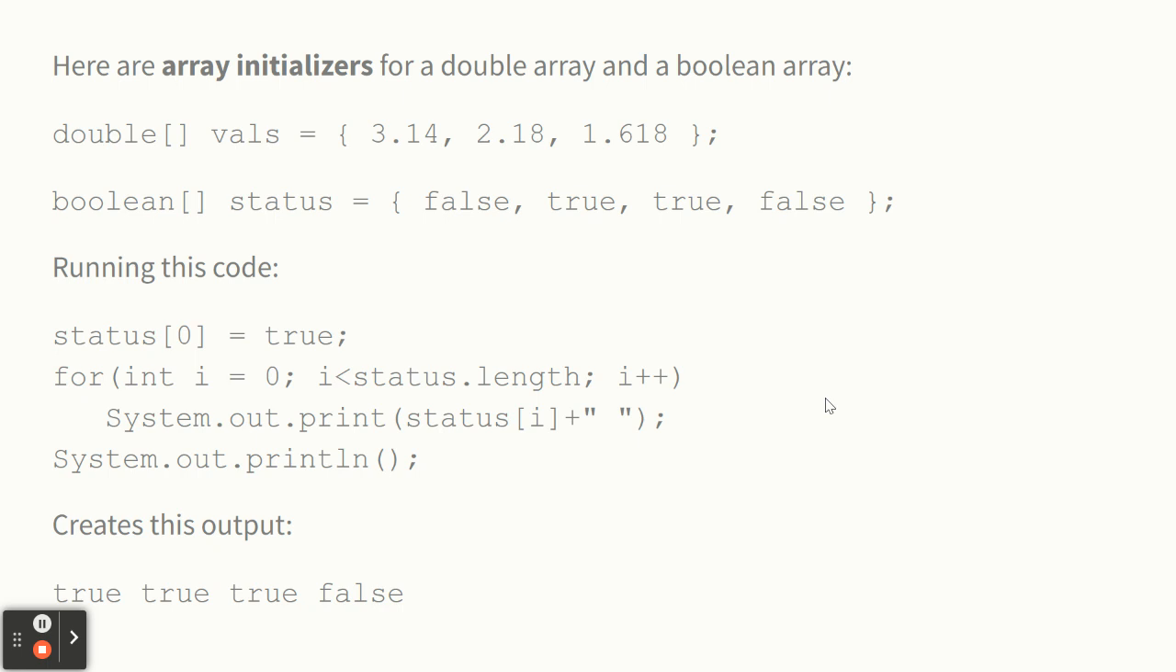Here are array initializers for a double array and a Boolean array, just so you could see what I'm talking about. I mean, I showed you one for an int, but it's just you say double array and then a name equals, and then you have curly brackets, and inside the curly brackets, you have a collection of those things. Whether it's integers, doubles, Booleans. In a second, I'll show you strings, because you can do it with strings as well. And then running this code,